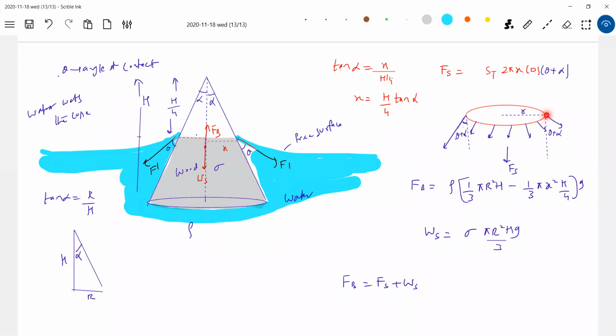If at every point on the structure the force acts in the same direction, fine. Here the force is acting in different directions, but you see the horizontal components will cancel, and vertical components will get added up. At different points on the structure, if the direction of force is different, you should go for integration. But here the magnitude is the same and only the direction changes. So you should just take the component of force, all of which will get added up in one direction. Therefore, directly surface tension into the perimeter length.